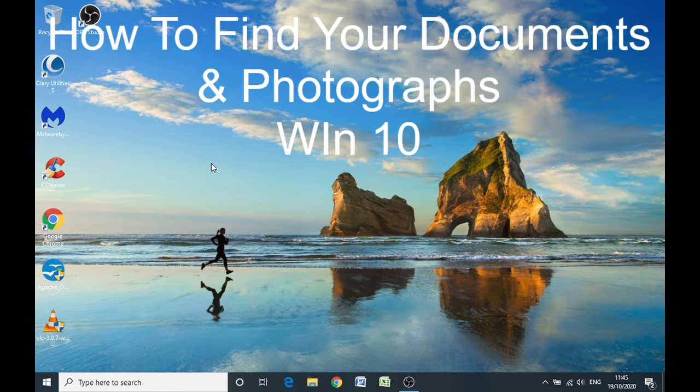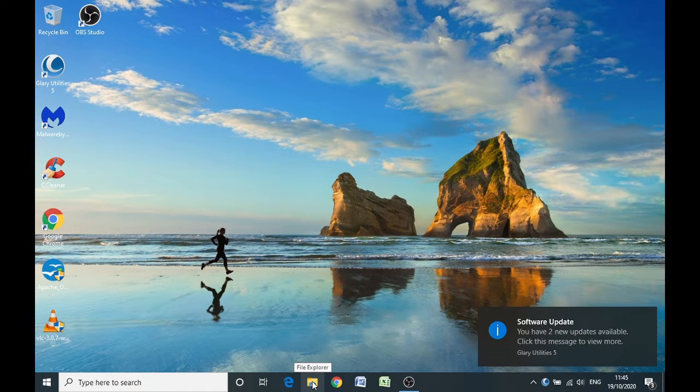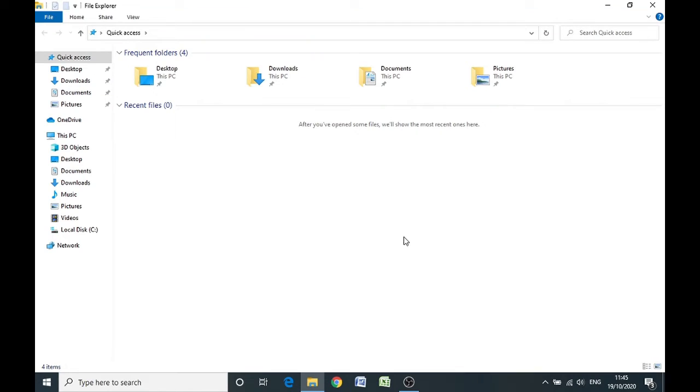The quickest way to find photographs and documents on your computer if you're using Windows 10 is to take your pointer down to the taskbar down the bottom and click onto the yellow folder which is positioned here on this computer and left click once onto it. So clicking onto the yellow folder, which is called File Explorer, opens up the file aspect of your computer, which